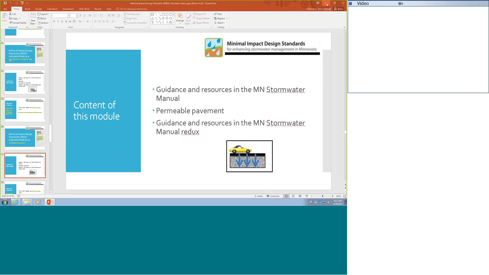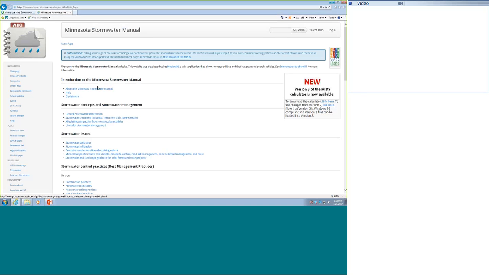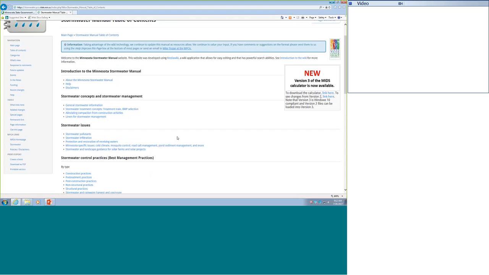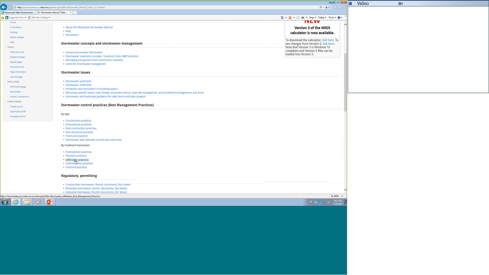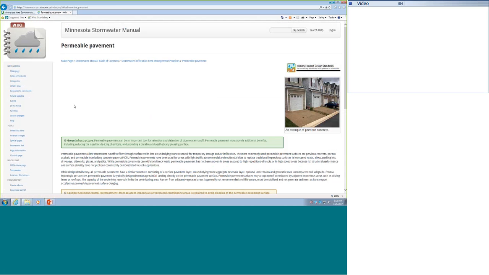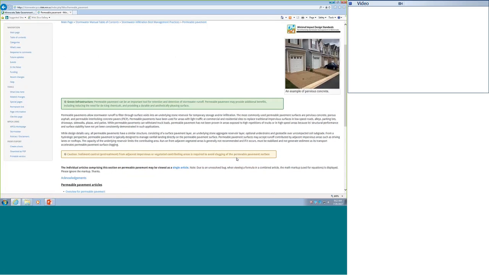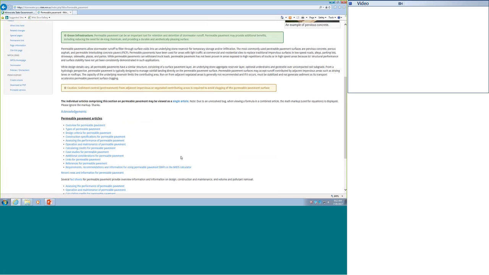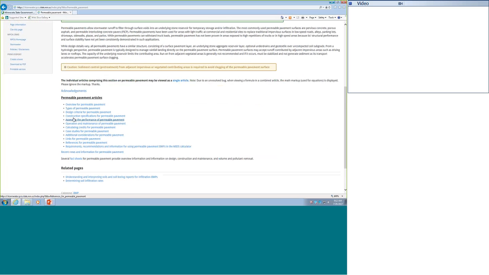So let's start by going to the Minnesota Stormwater Manual. This is the table of contents page here. And to get to permeable pavement, you'll scroll down to Stormwater Control Practices, Infiltration Practices. Click on that link, and you'll see permeable pavement is the first link on this page. Click on that, and it takes you to a portal page that deals with permeable pavement. So there's some introductory material and a bunch of other pages that you can link to: design, construction, O&M, and